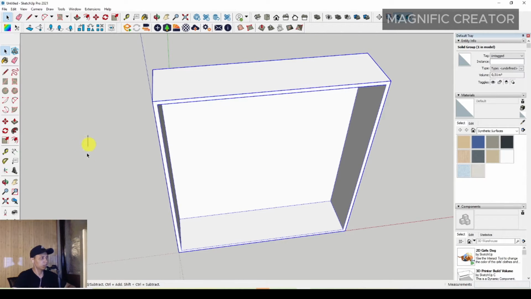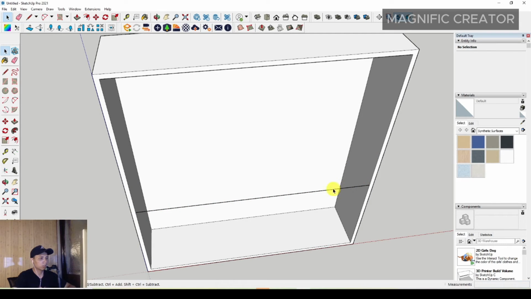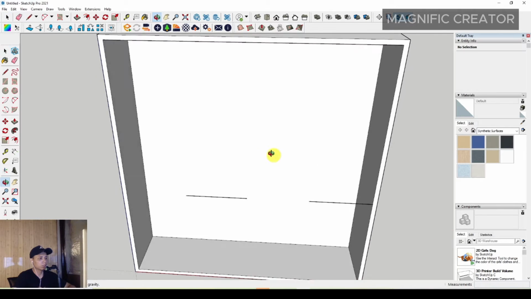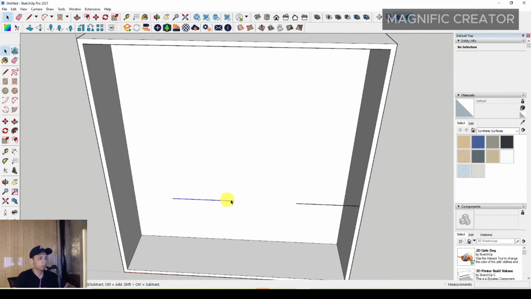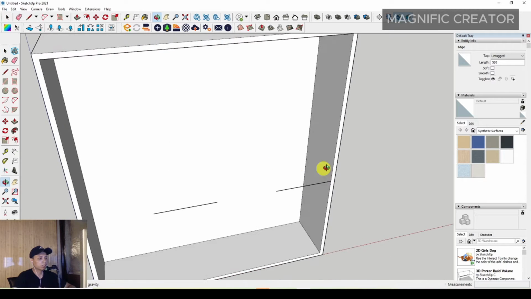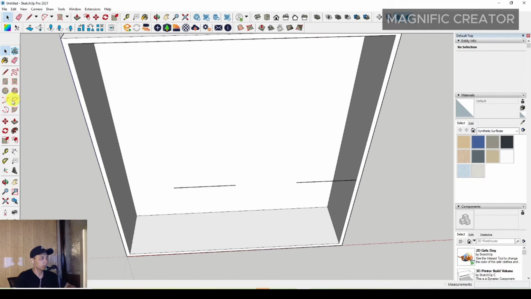And after that you can divide it into 4 parts with this line. Just select the line and select divide. You can divide it into 4 parts, something like this, and then you can delete the overlapping line right here, so you get the 2 lines only on your work. And after that you can make a